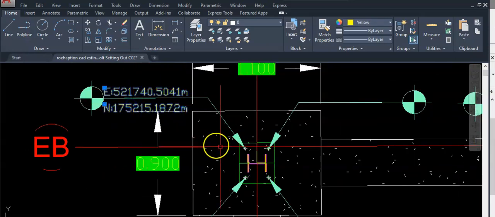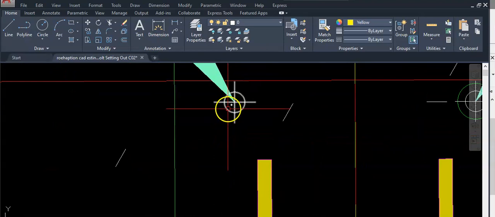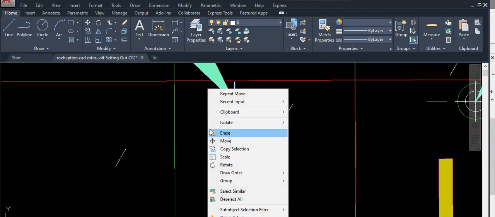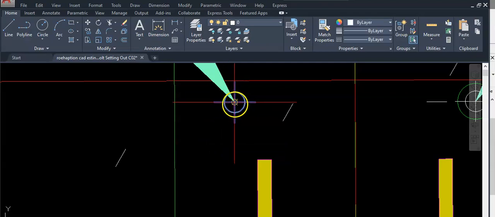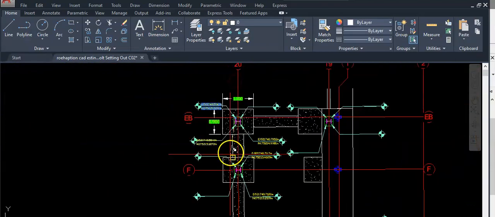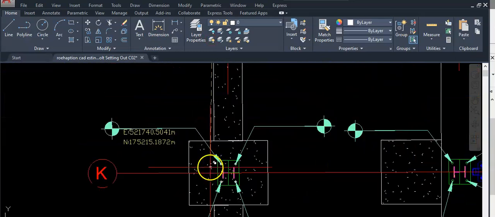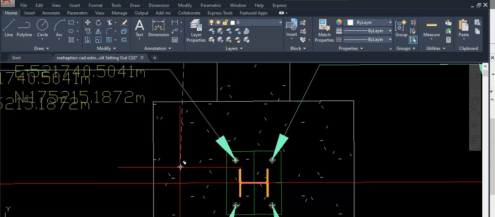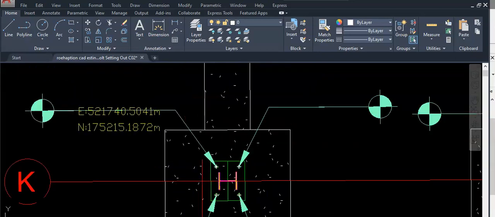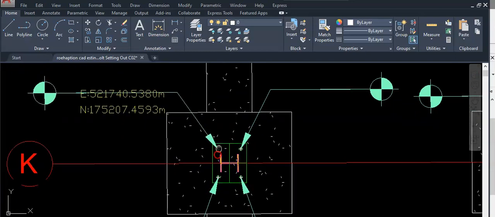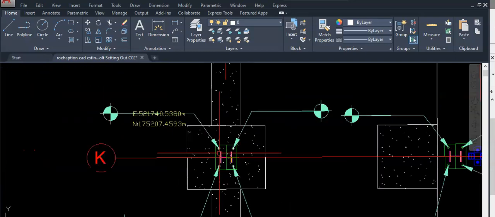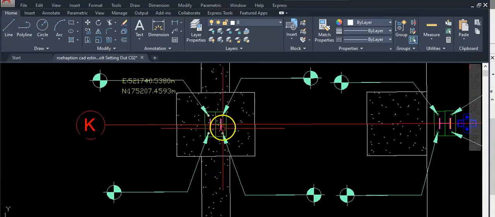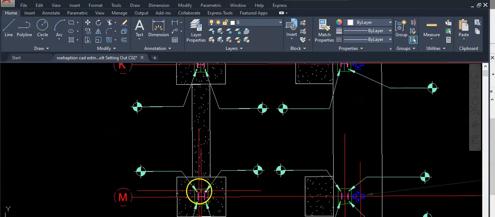Say we've got, for example, this one here, and I need to get some more coordinates for, for example, this one here. Transfer it. So we've got here the coordinates, and it will have the new coordinate for this bolt here. So and so on, we can get any coordinates from all these bolts,